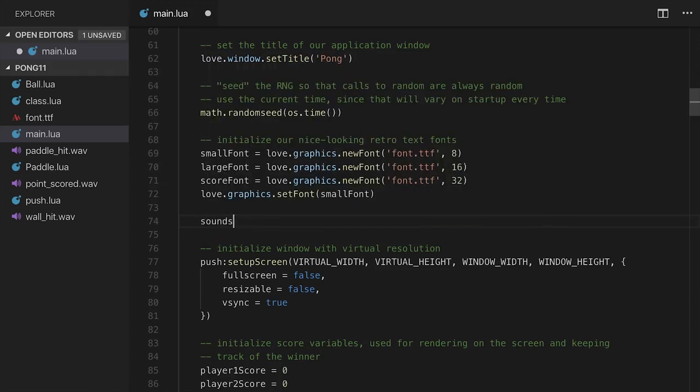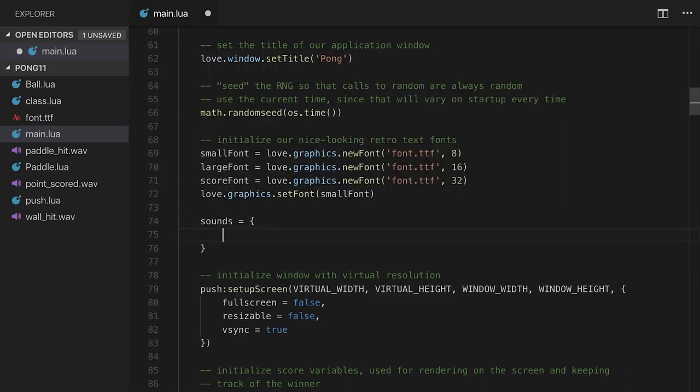I'm going to call this sounds, and I'm going to use these curly braces again to mean a table, a key value pair association. So we'll call the first one paddle hit. And I'm going to assign it. So this is how you would assign a key. So the string paddle hit is going to be associated, and we use those square brackets again to signal this is going to be a key in a table. Paddle hit is going to be equal to